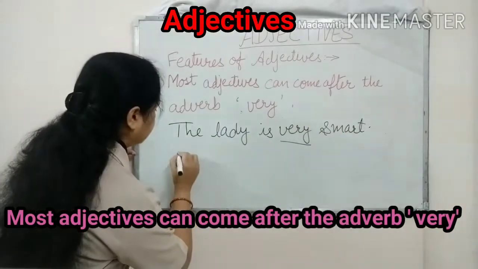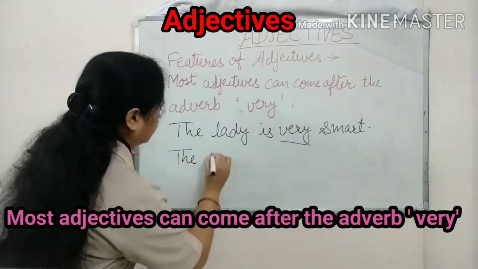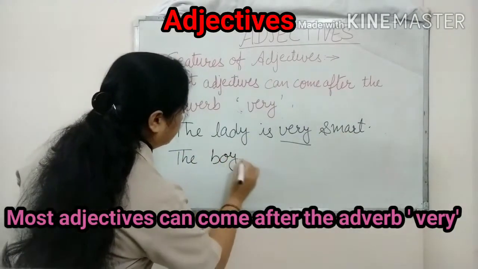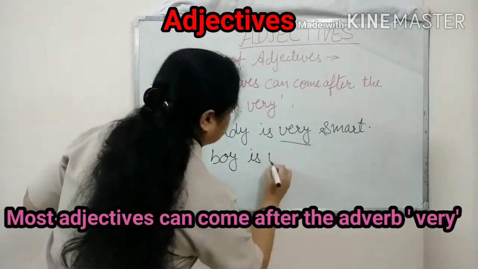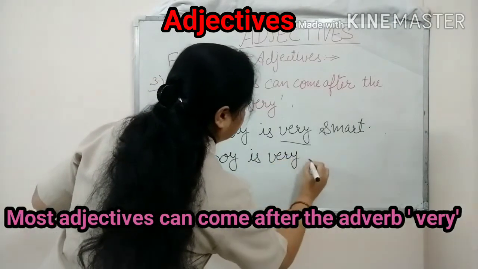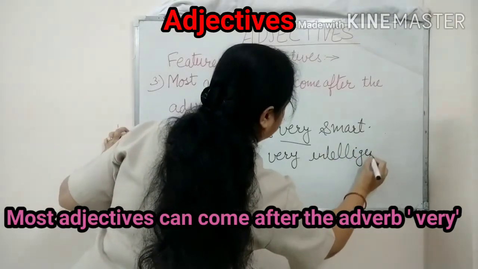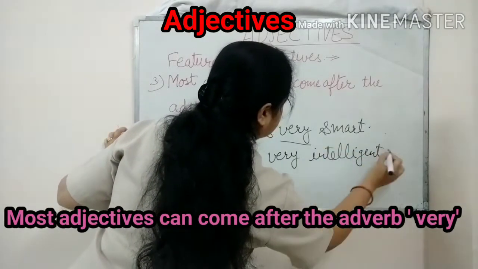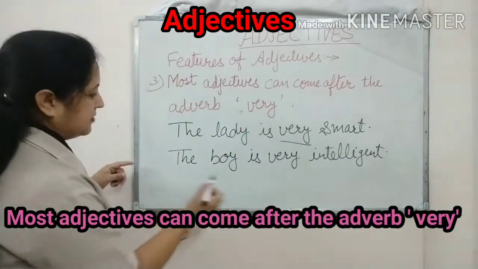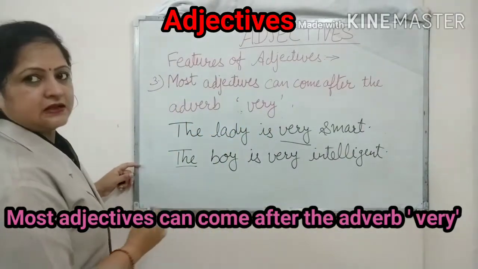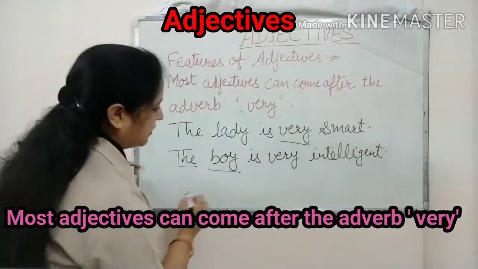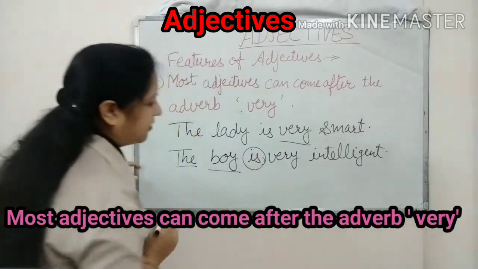So we can write it in this way: the boy is very intelligent. The boy is very intelligent. So here again we can see, the is our article, boy is our noun, is the be form of the